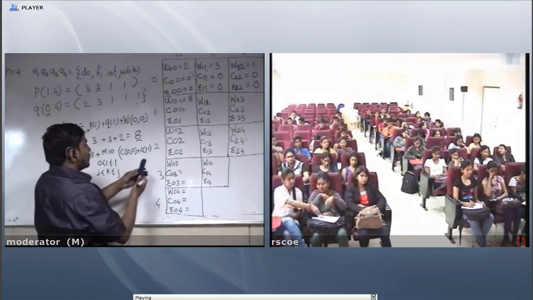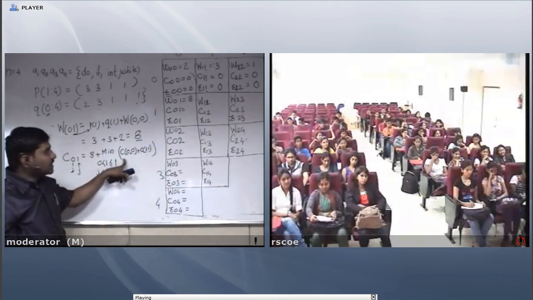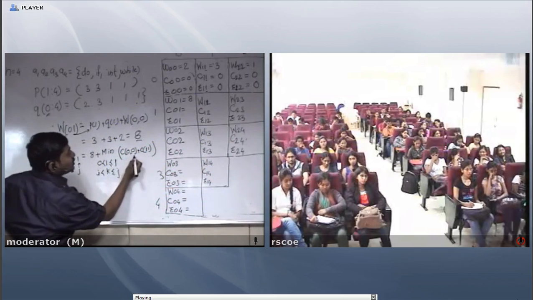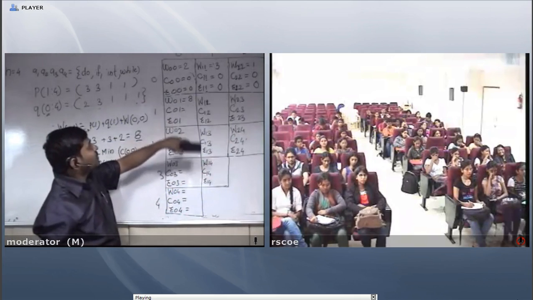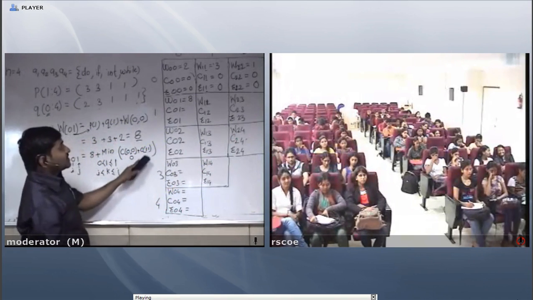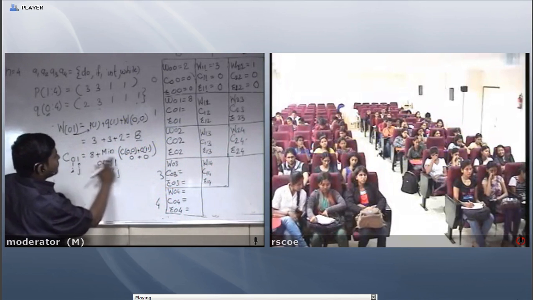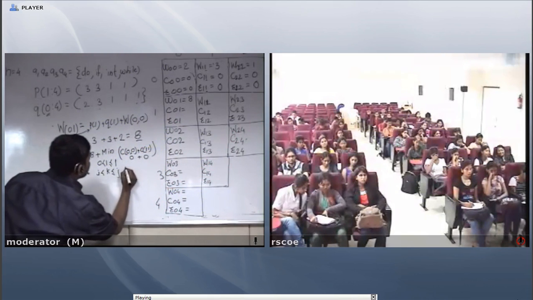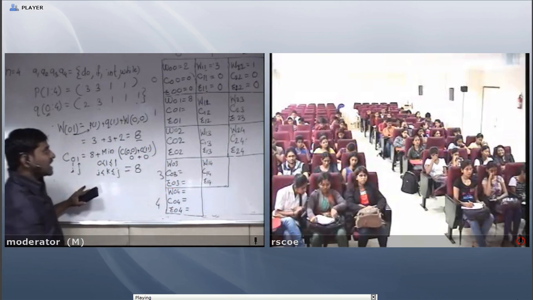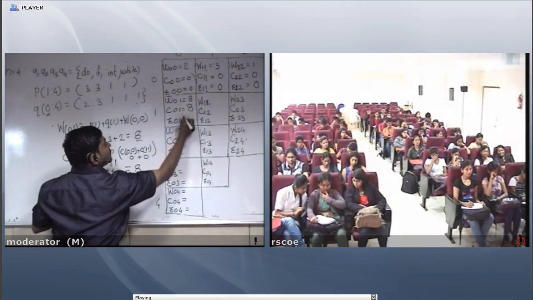So I consider this value, C of 0, 0 plus C of 1, 1. I put the value. What is the C of 0, 0? I see the chart. 0. What is the C of 1, 1? This is also 0. So 8 plus 0, what is the total cost here? That is 8. Just I write cost from 0 to 1, that is 8.